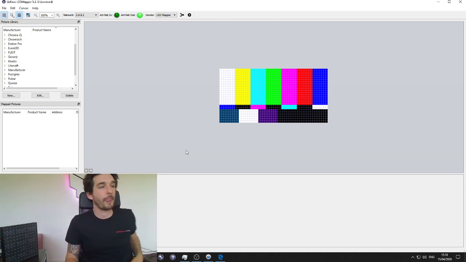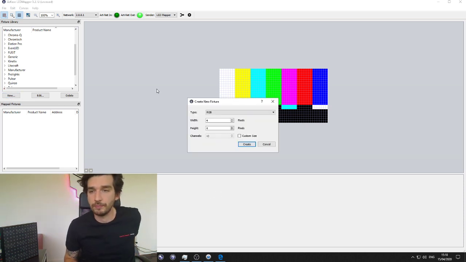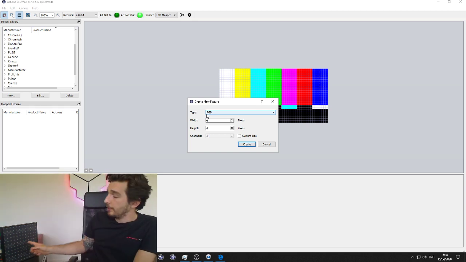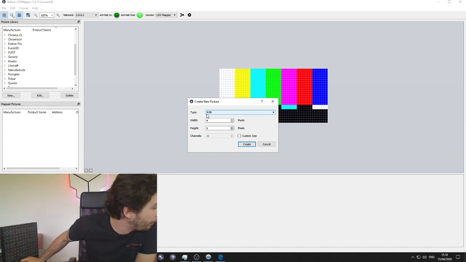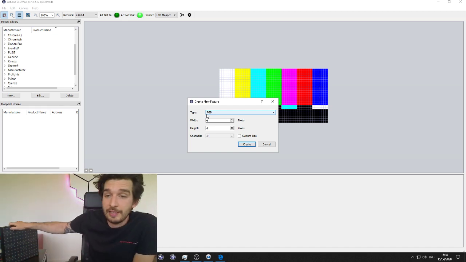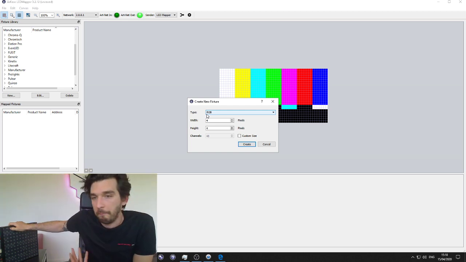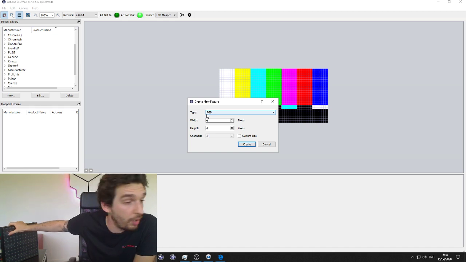Okay, so let's create the fixture. It's new. Open that window. First thing that we need to know is what is the pixel profile of my fixture. The pixel profile is: what kind of pixel is that? Is that an RGB, RGBW, a BRG, RGB Amber W? There are tons of different LEDs now on the market, guys. So again, ask your light manufacturer. He knows, that's written somewhere. If you don't know, check on the internet.